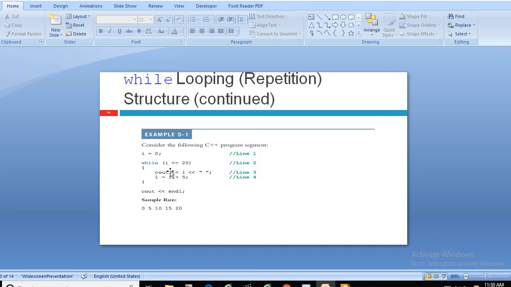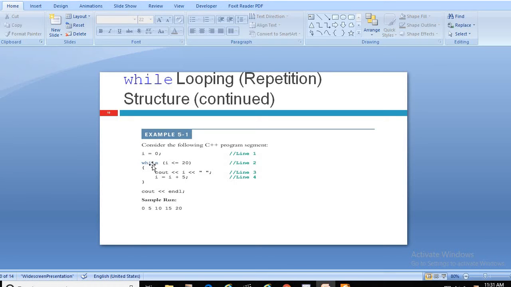It will print the value of I, that is 0 at this moment, and there will be a space due to the blank quotation marks, and the value of I is updated by adding 5. So 0 plus 5 is 5, and now the value of I becomes 5.